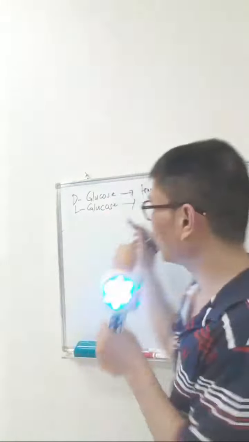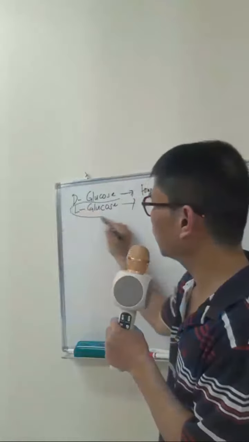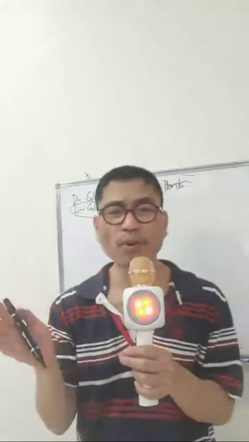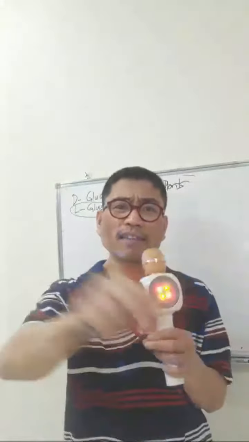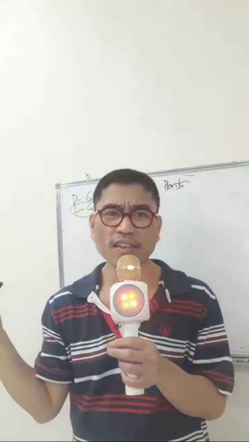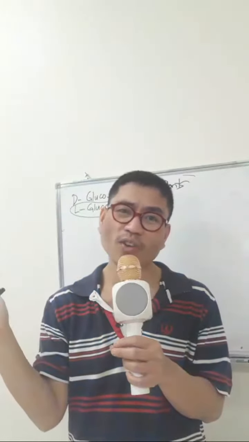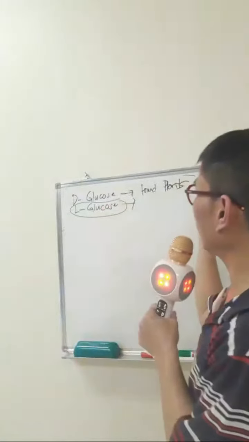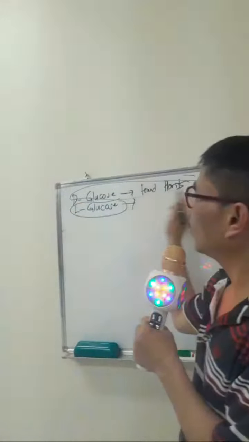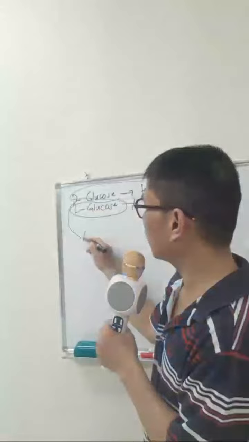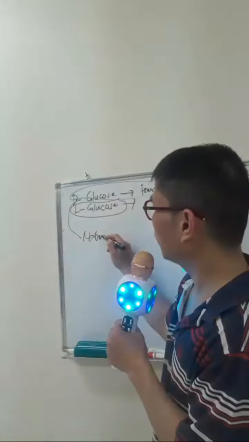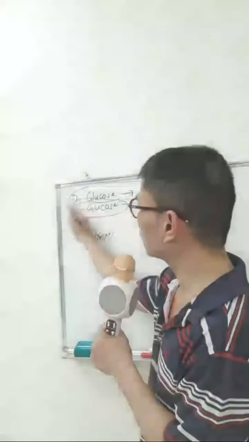This kind of glucose, L-glucose, can be synthesized in the laboratory, and after that they will mix it in your drinks, because it cannot be found naturally. Only the D-glucose can be found naturally in plants or food, but this is natural. You get the point? But all our glucoses, these are only